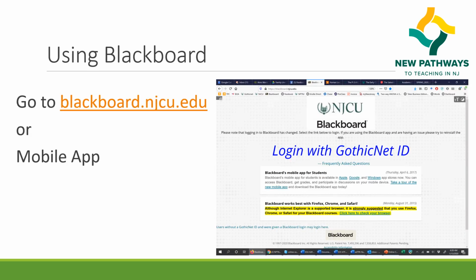All of our courses are done using Blackboard, and you can access Blackboard by going to blackboard.njcu.edu. You'll have a screen that looks like this one, and you're going to log in with your GothicNet ID. So you'll use the same ID that you use for everything at NJCU. Once you click right on those blue letters that says log in with GothicNet ID, it'll bring up another screen,